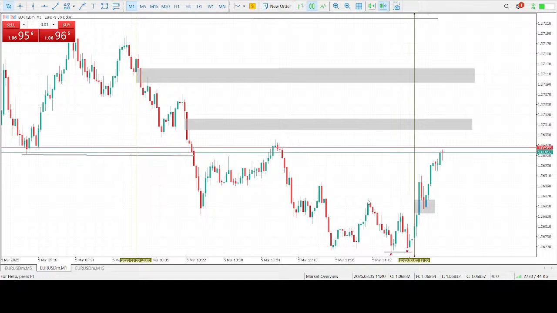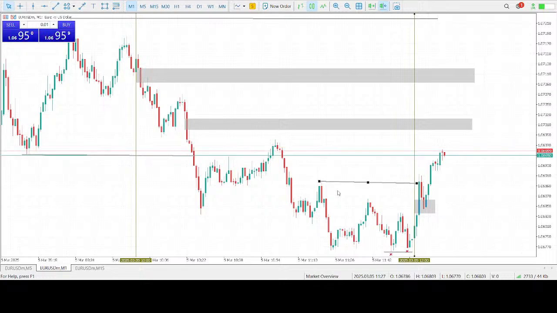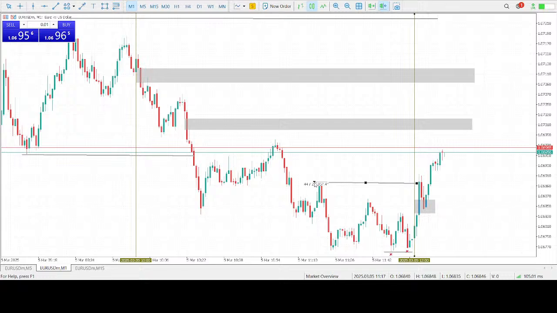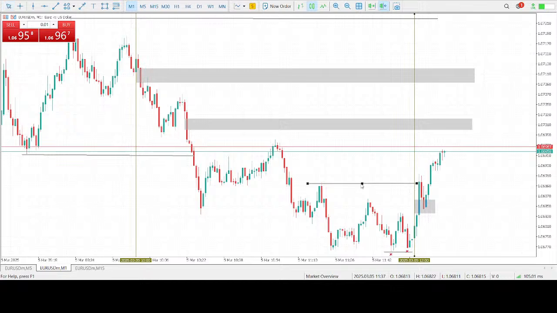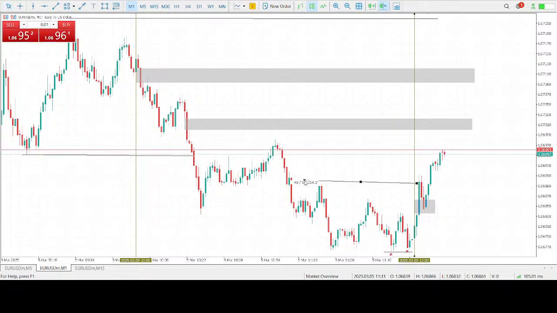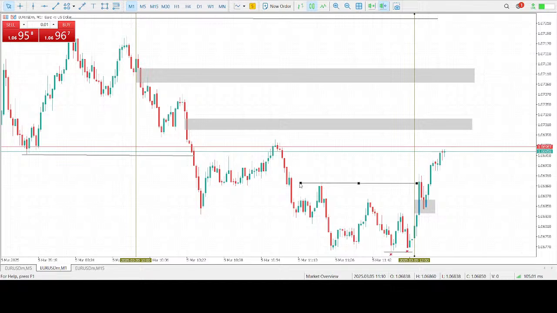At least we could see here that there was liquidity that had formed to the buy side that has been run out, or that was run out here. Okay, there is that. It had been run out. This is not one of the best lines that can be drawn. There is that.